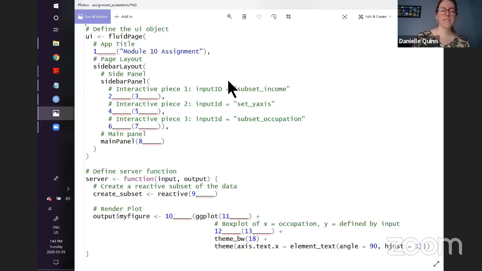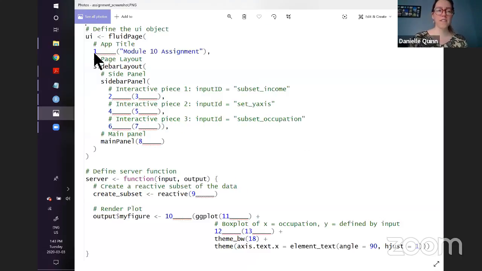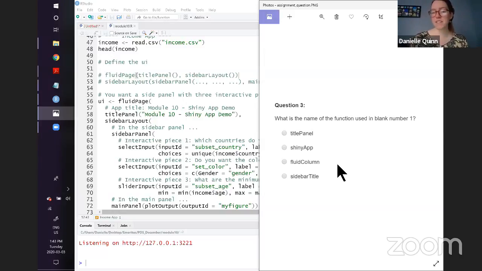And then on Canvas, we have a series of multiple choice questions. So for example, question 3, you can see here on the right, what is the name of the function used in blank number 1? Is it title panel, Shiny App, fluid column, or sidebar title? So you go back to your assignment, you say, let's look for blank number 1. Here it is. And if you've already figured it all out and you've managed to fill in all the blanks, then you would just say, okay, this is whichever of these, this is the function that I used. If you're having trouble with it and you haven't been able to fill in the blanks,